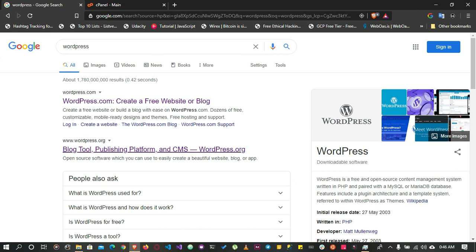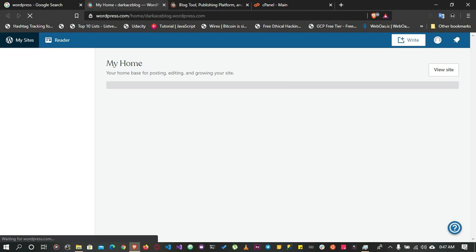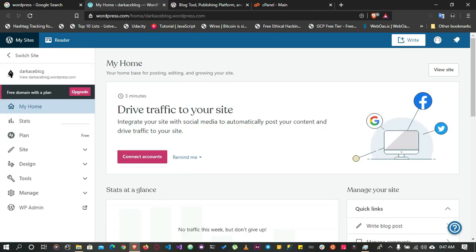So if you search for WordPress, you'll find two results shown on your screen. Basically, you would find wordpress.com and you'll find wordpress.org. So you might be wondering, why do we have two websites with two different domains and they all point back to WordPress? So first of all, let's open these two websites in two tabs. So for the first one, we have WordPress, and